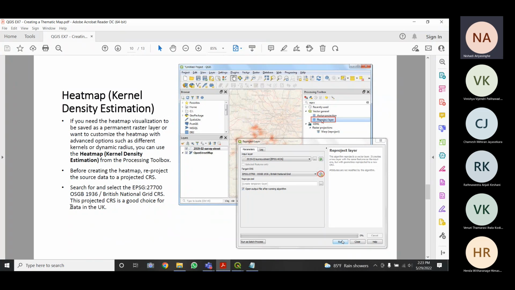You can go to the processing toolbox, and there under the vector general, you have the option called reproject layer. So before creating the heat map, reproject the source data to a projected coordinate referencing system. You have to project the source data into a new coordinate referencing system. So since this set of data is related to the British, or to London, the best coordinate referencing system will be this one,